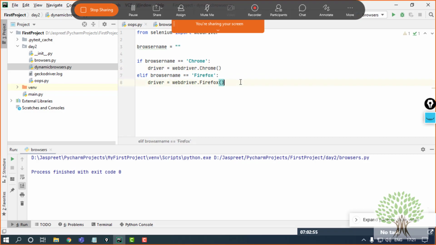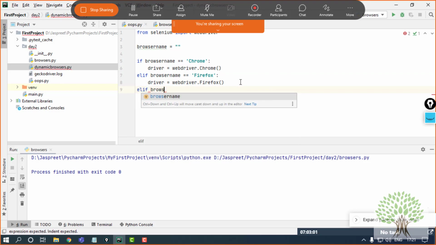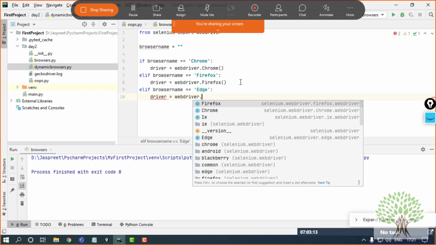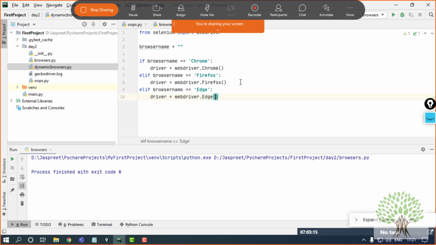The same way you can have it for another as well. For Edge, elif browser name equals to Edge, driver equals to WebDriver dot Edge.